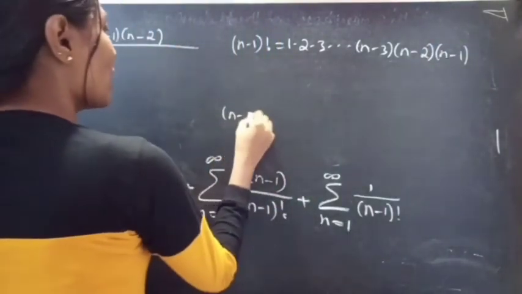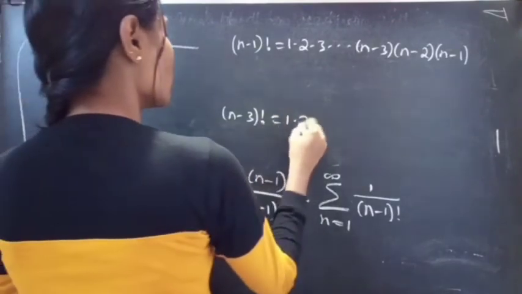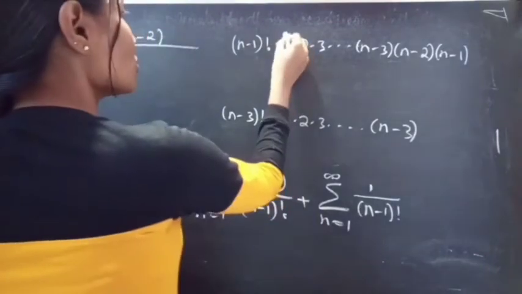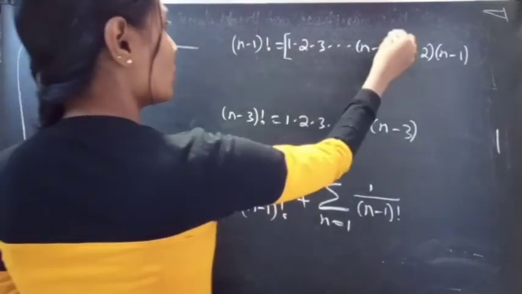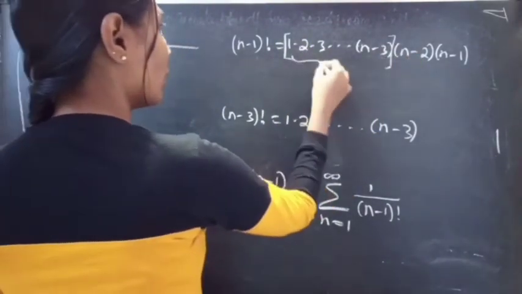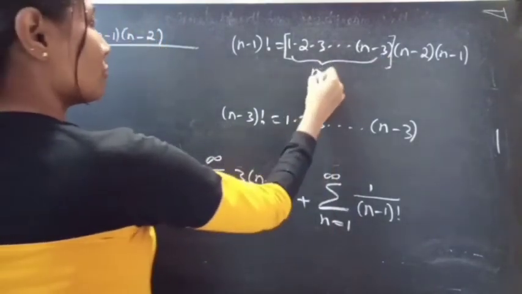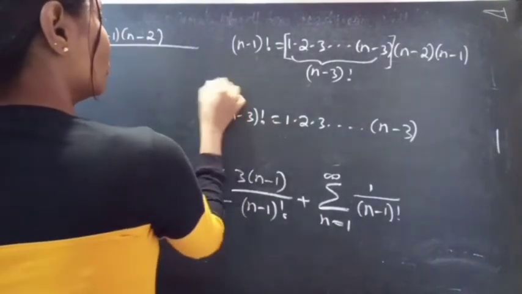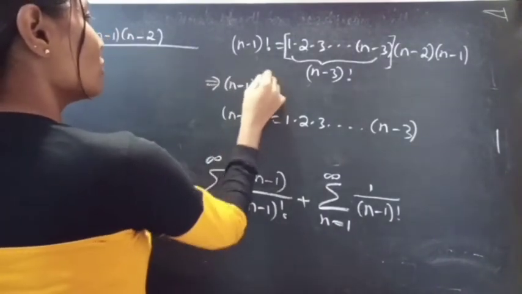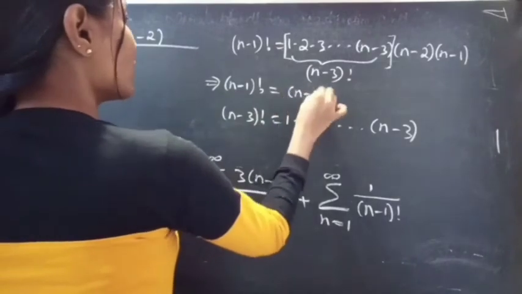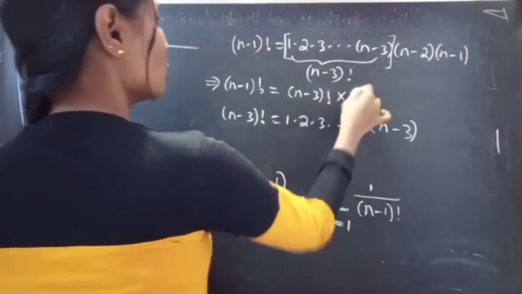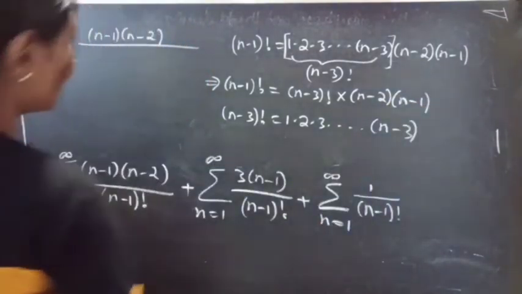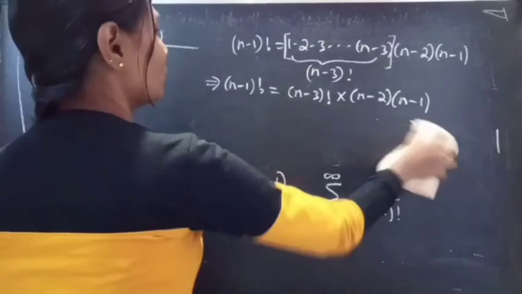Also we have n minus 3 factorial equals to 1 into 2 into 3 into so on into n minus 3. So here we are having 1 into 2 into so on into n minus 3, so we can replace it by n minus 3 factorial. So we'll get n minus 1 factorial equals to n minus 3 factorial into n minus 2 into n minus 1, or we can write n minus 1 factorial as